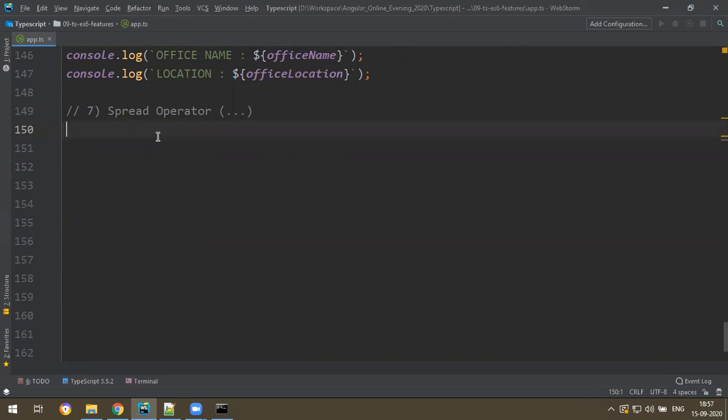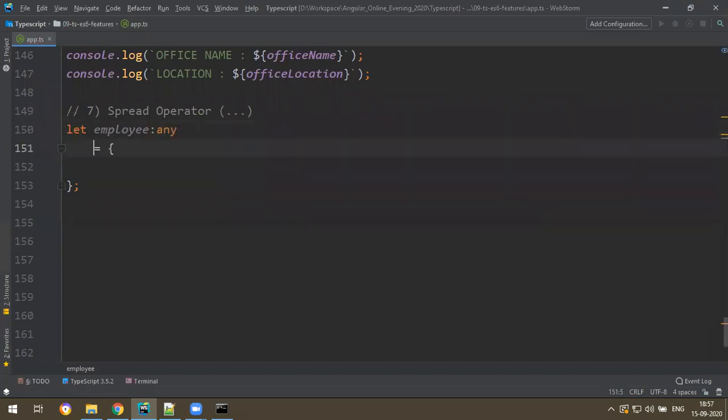For example, I say like this. Let's say employee one is of type any, equal to an object. I'm just taking any type, so why declare an interface every time.